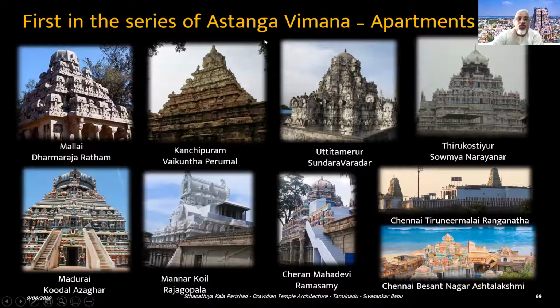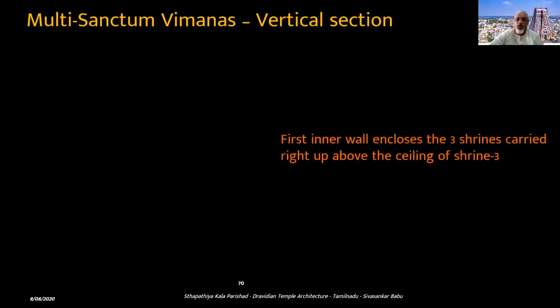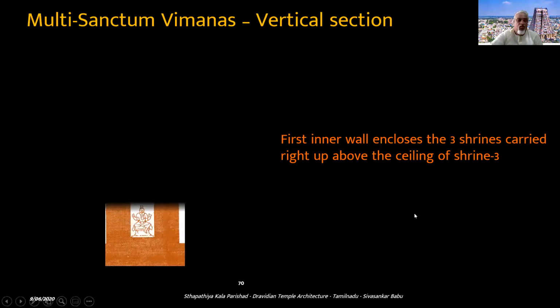So this is how Ashtanga Vimanas started being built around the Pallava and Pandya period. If you see this, the structure is a complex one, and then let us see how it was built in stages. Basically, there is the first sanctum, where for this I am taking Vaikuntha Perumal temple as an example. So the first ground level sanctum